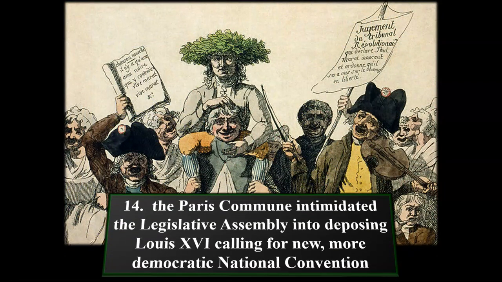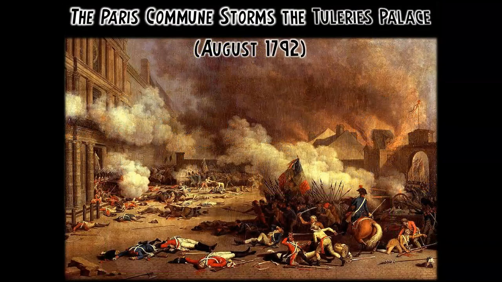So the Commune intimidated the Legislative Assembly into deposing Louis XVI. They called for a new, more democratic national convention. So the Commune storms the Tuileries Palace, where the royal family was staying, and that was a pretty